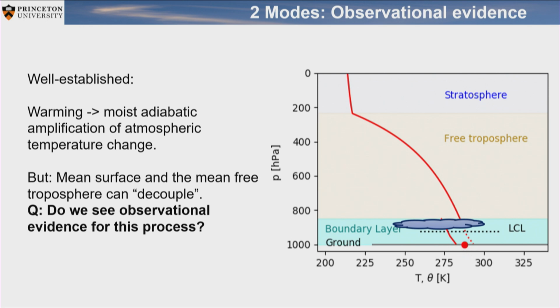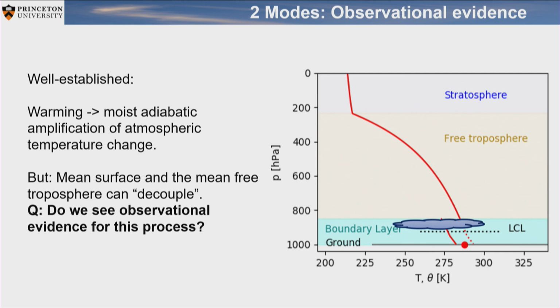The way I went about that, I look into the tropics, and what I'm doing is simply taking the tropical average temperature profile from the ground up to the tropopause, and I average the boundary layer conditions. You can do that for the ocean. You can also add land, which adds a little bit of complexity, but let's just think about the ocean for the moment. Whenever the surface conditions are warmer, you would expect that the free troposphere is also warming up. Based on the moist adiabat, it should actually warm more higher up than at the surface. This is a well-established moist adiabatic lapse rate process.